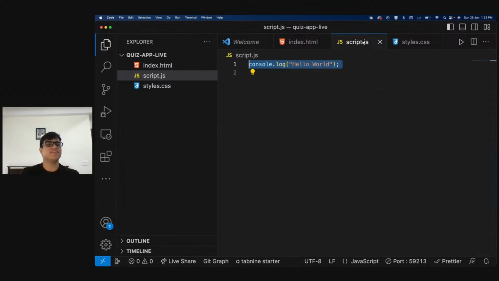So basically, these three files are needed for the visual part, the styling part, and the logic part. Index.html is just for the elements. Style.css is for the visual appearance, to make it look good and style it. And script.js is the mind of the quiz. This will be connecting all of our buttons, saying on the click of this button, do this, on the click of that button, do that. All of that logic. Okay.